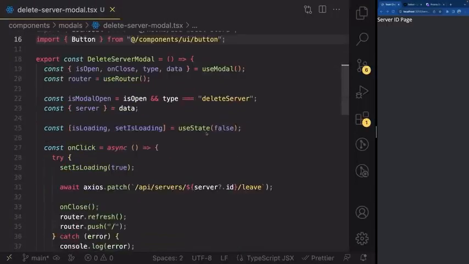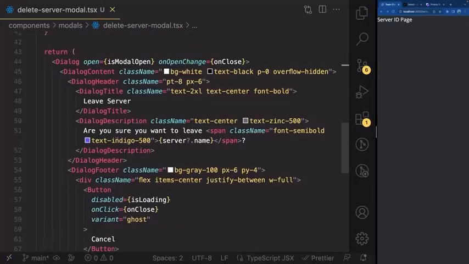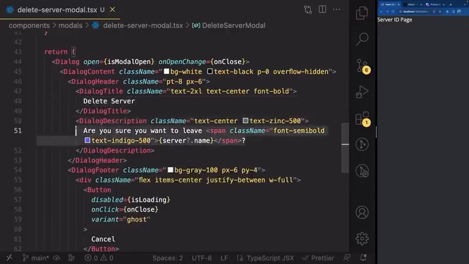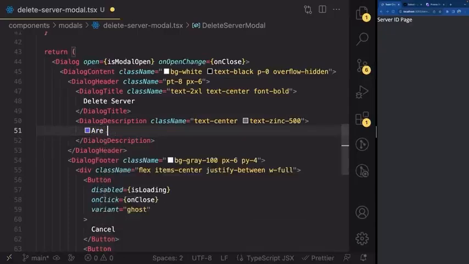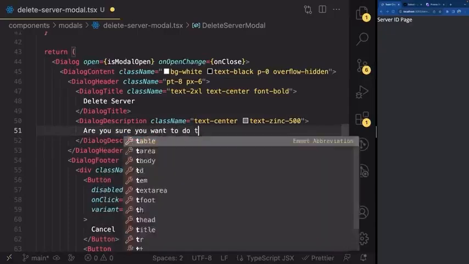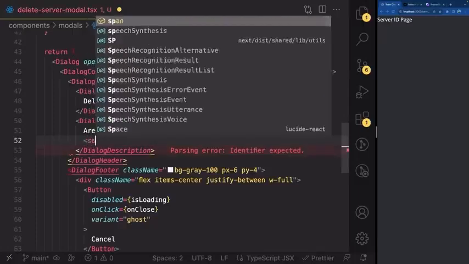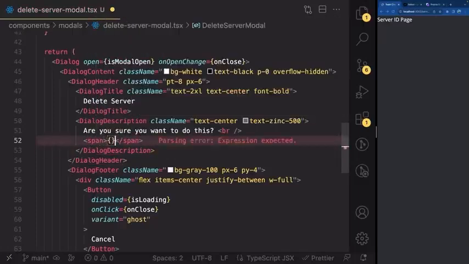So let's go ahead and find our text that says, are you sure you want to leave? And instead of leave, well, actually, we're not going to do this. Let's first change the title, which is going to say delete server like this. And now let's change the description to say, are you sure you want to do this like that? Add a break like this, and then add a span, which is going to say server ?name